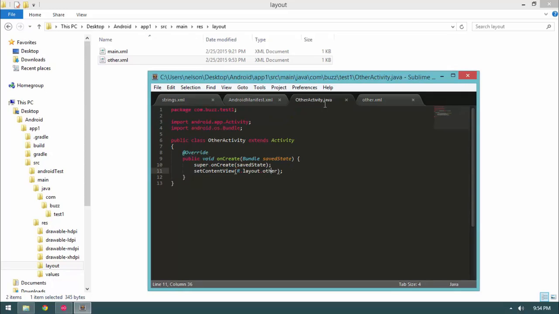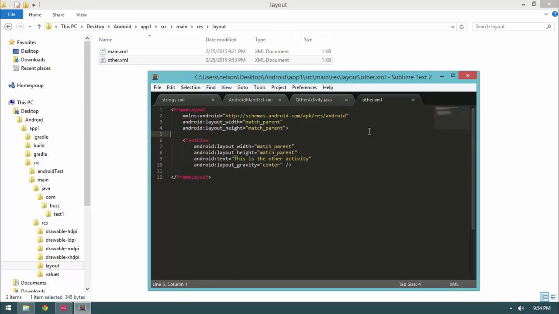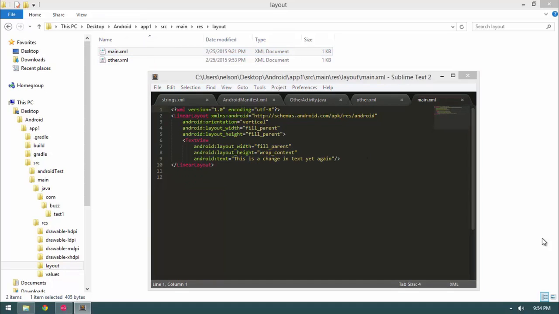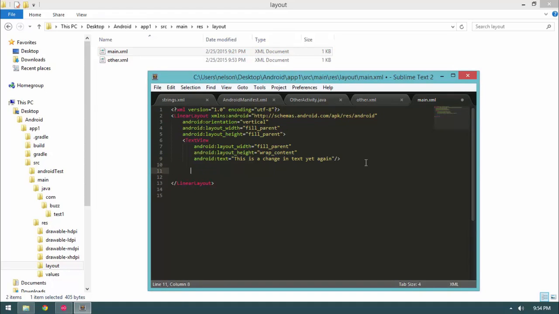Okay, so now that we have our activity class created in the correct folder, and we have our other XML file created in the correct folder, I'm now going to hook our main activity up with our other activity. I'm going to do it in the exact same way that we did before, when we created a second activity that was launched by a button in the Android Quick Start. So I'm going to open up main.xml right here,